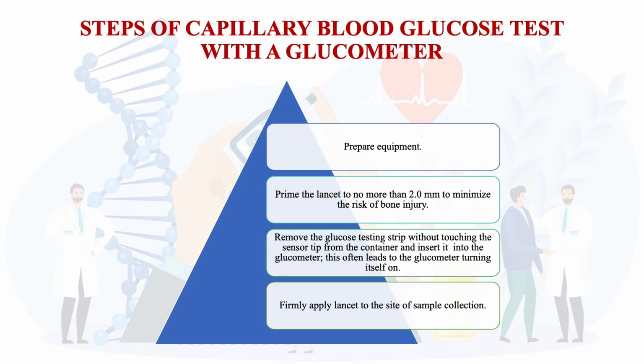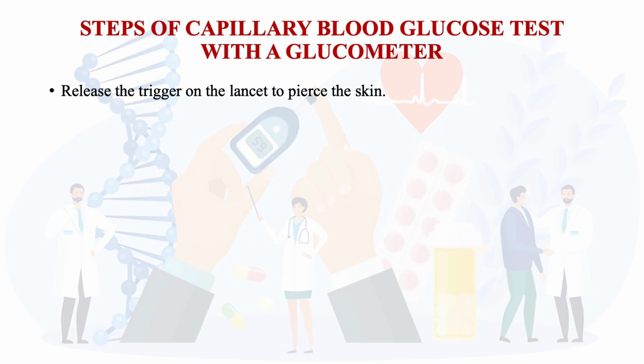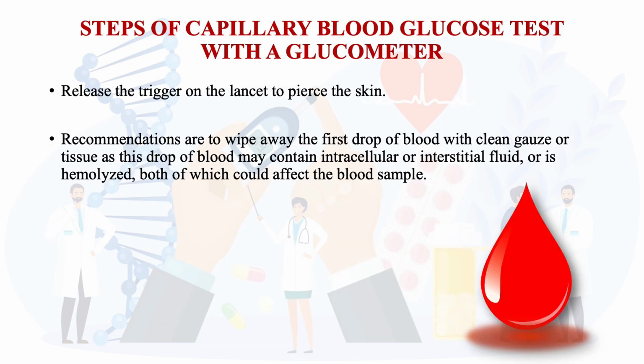Firmly apply the lancet to the site of sample collection. Release the trigger on the lancet to pierce the skin. Recommendations are to wipe away the first drop of blood with clean gauze or tissue, as this drop of blood may contain intracellular or interstitial fluid or is hemolyzed, both of which could affect the blood sample